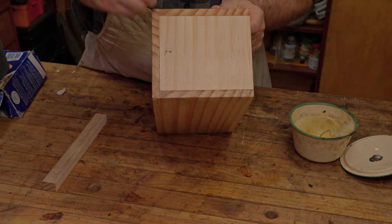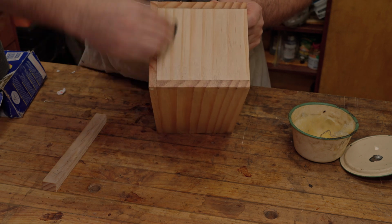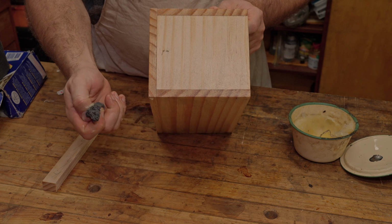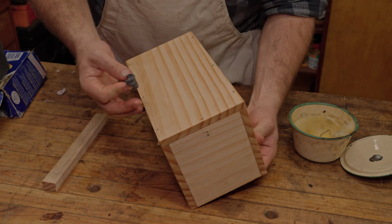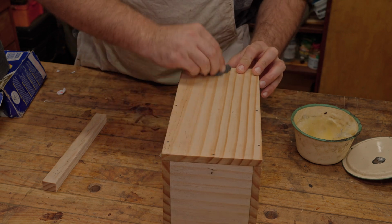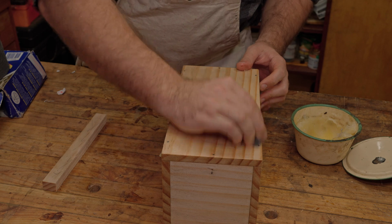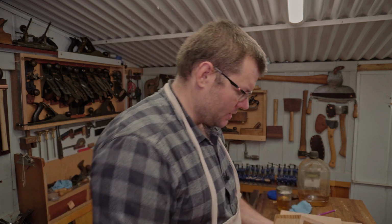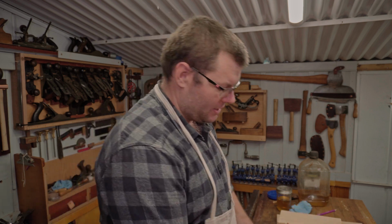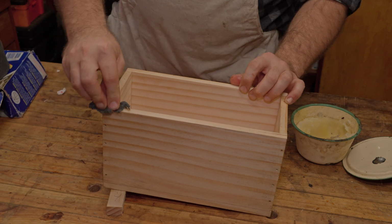Let's get this top end done. And you just want to turn that steel wool over if you don't want to replace it. I don't have much left to do here, so I want to try to avoid replacing it, even though it is falling apart a bit. Probably don't really need to apply finish to the bottom, but I like to apply it all around, so why not? This is your box, your project, so you get to decide. And then obviously this top edge here,